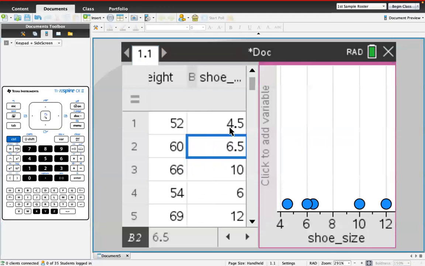And because my cursor was in the shoe size column, that is why shoe size is showing up here in the independent axis. So my students and I would have conversations about, what do you think is dependent on what? Is shoe size depending on height? Is height dependent on shoe size? And we as a class would come up with a determination on what is dependent on what. Generally, it was height is the